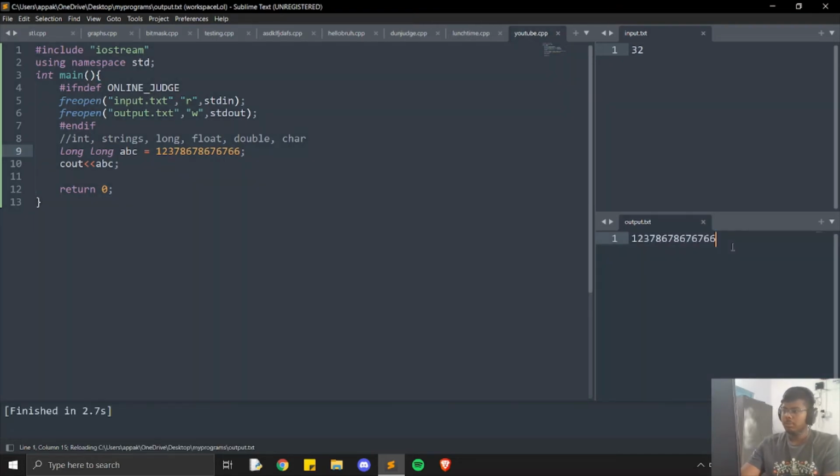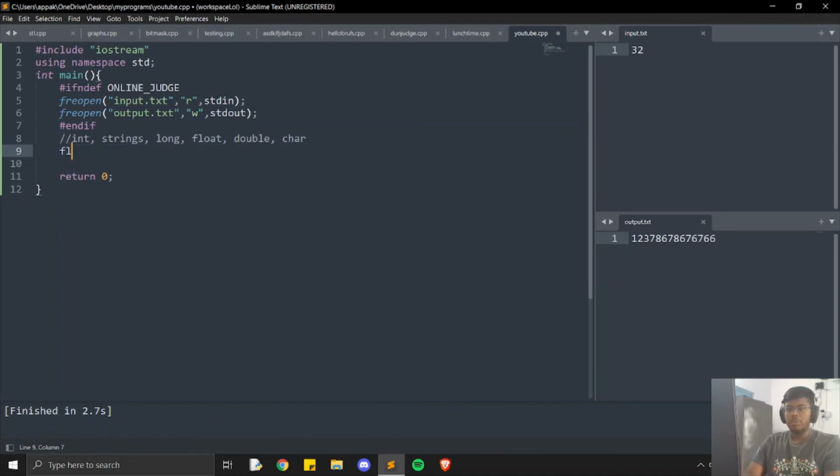See, the result has come. Now let us move on to what are floats. So floats are basically decimal numbers which we can specify in a program. A decimal number can be 2.3. Let's now print it. cout ABC. The result is 2.3. We can also do another float. B is equal to 5.1,